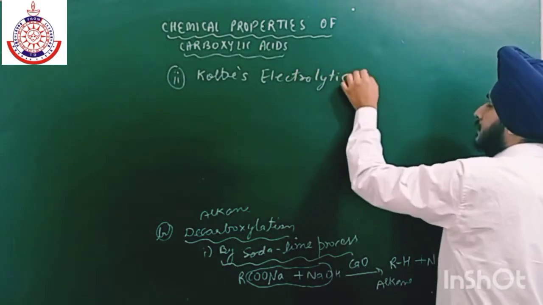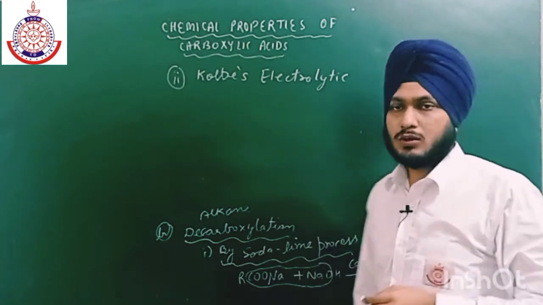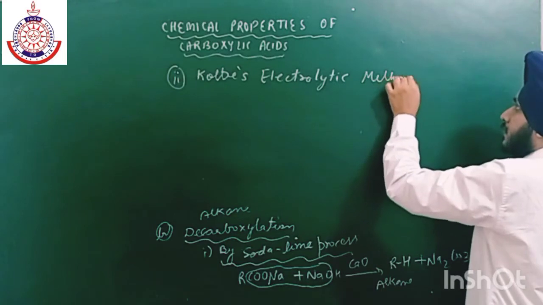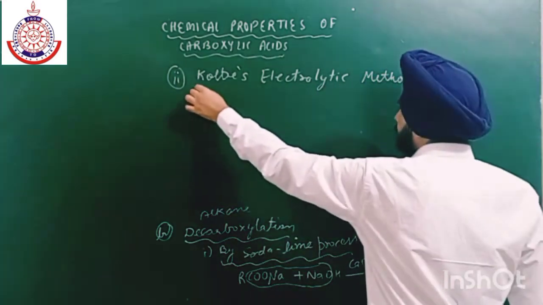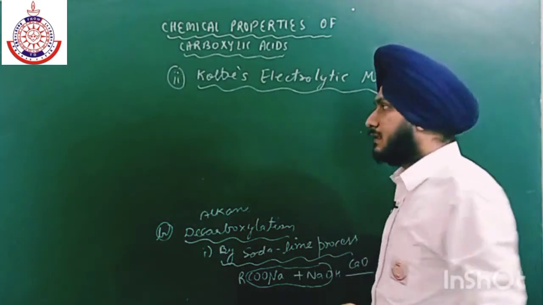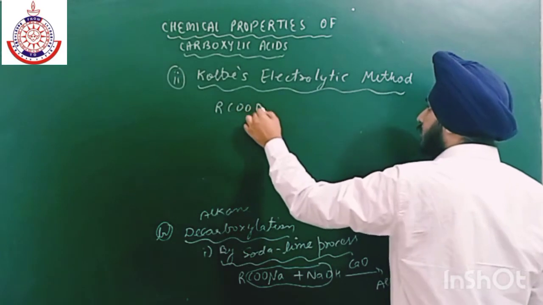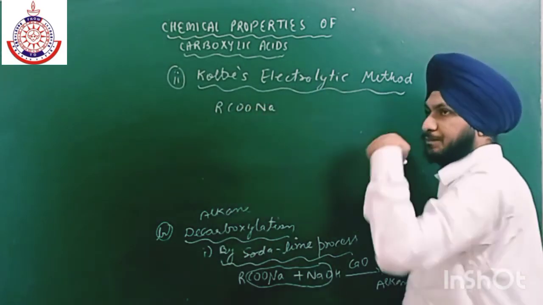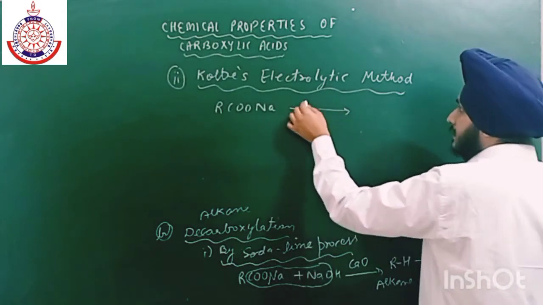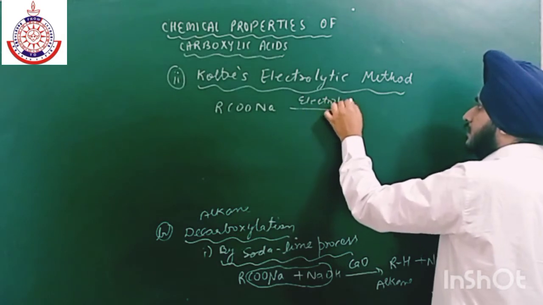Now let us check what products we get at the anode or cathode. The reaction is very simple: RCOONa, the sodium salt of a fatty acid, and we are doing electrolysis. So the products which we get